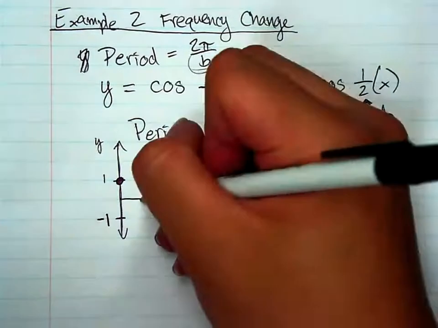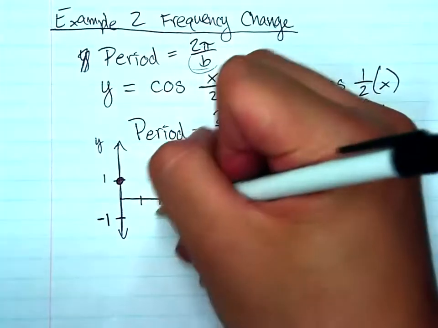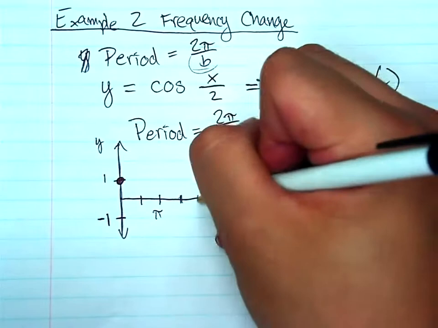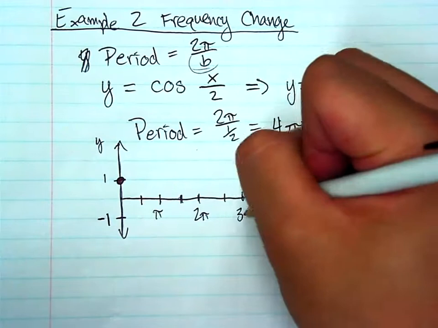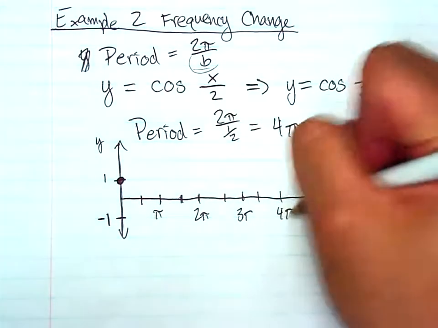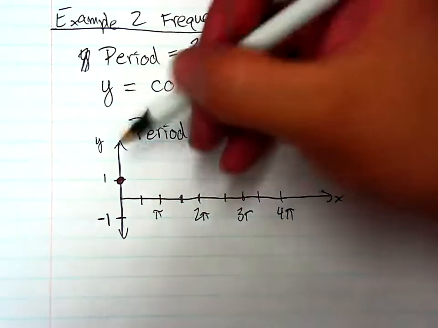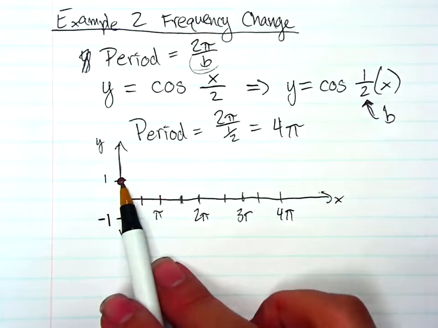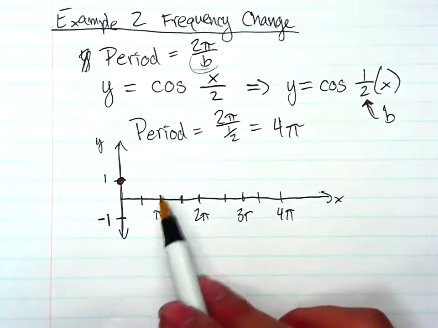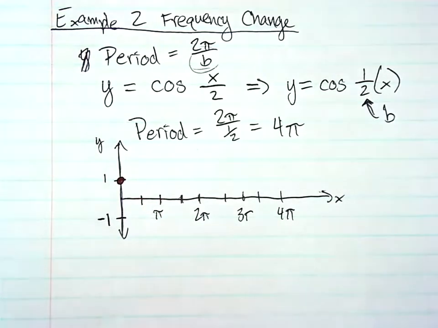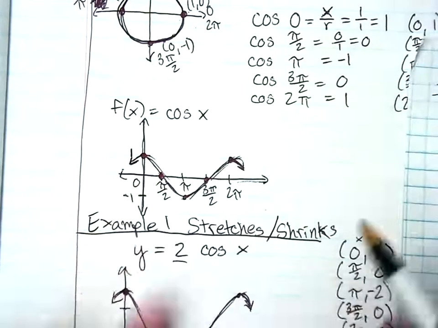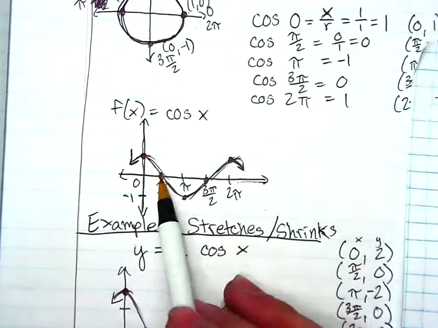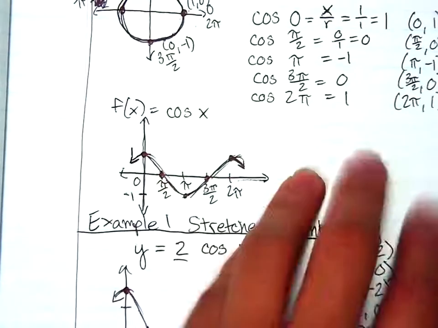We don't actually hit 0 until we hit 2 pi. Pi, sorry. Let me sketch this in real quick. There we go. All right. So over here, this is still our starting point, but we don't actually move to the next point, and I think the easiest way I can show it is over here. So this is the original parent, and what's going to happen is that basically everything's going to be bumped up a bit. We're no longer going to be 0 at pi over 2,